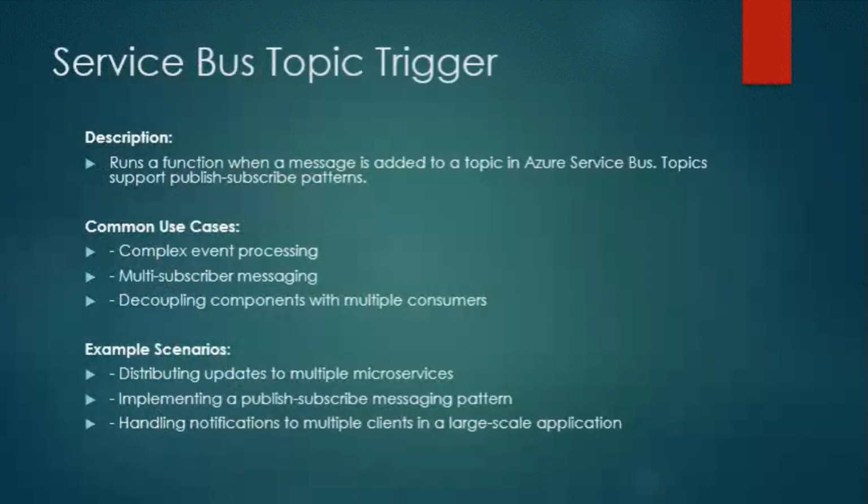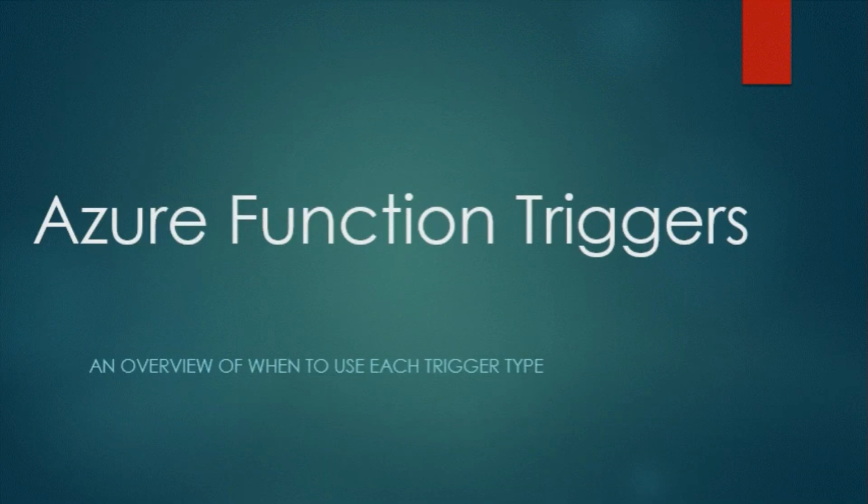Whenever a file is uploaded to a folder, you want to process it, and because the processing takes a longer duration, you do not want to hold that operation and do it from your web application or mobile application. In that case, this is what we will use: we put that file, and then there will be a blob storage trigger which keeps watching that particular container and blob storage location,